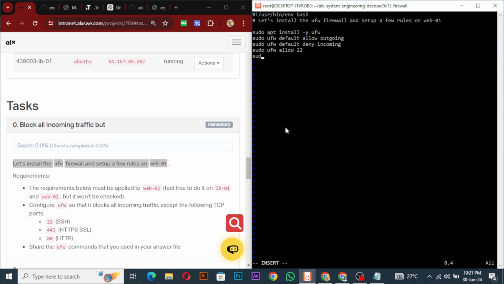So we do sudo, and then we were told that we should allow HTTPS and HTTP. So UFW allow HTTPS is 443, and the same thing, UFW allow 80, that's HTTP. So after this, we can then enable our